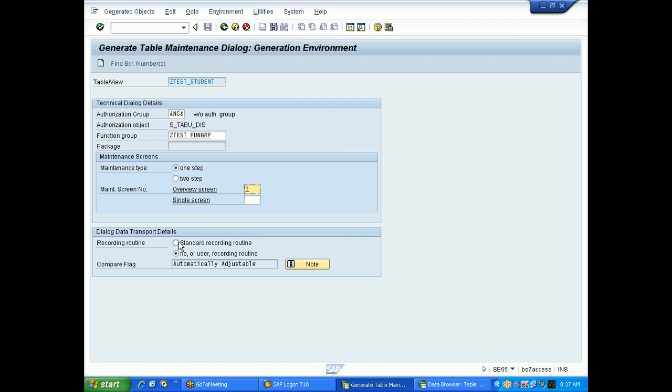You can also make a note that a transport request is a unique system generated number.